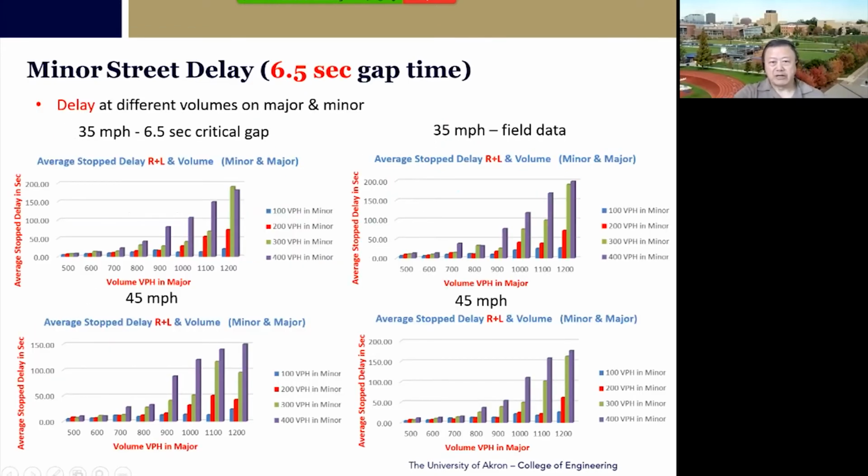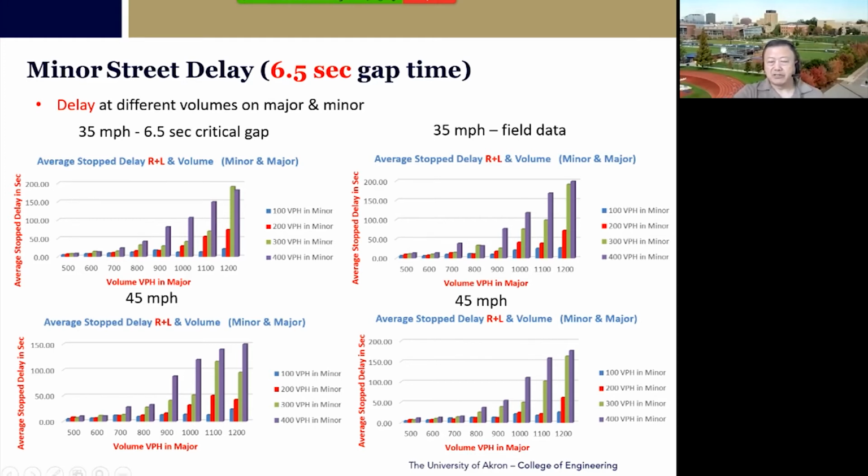Here shows some results. And this is a delay, intersection delay. You can see at 35 mile per hour speed, if we use 6.5 seconds as the critical gap, in other words, if a gap is less than that, we will warn drivers not to enter.